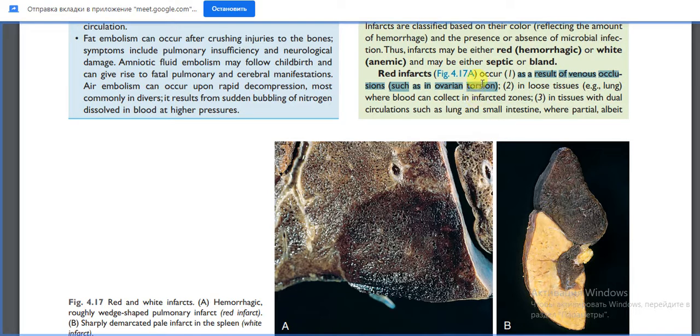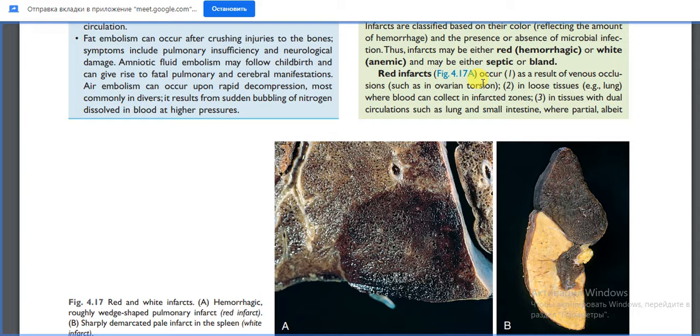Congestion causes decreased outflow of blood from this area and increased accumulation of blood, which, as you remember, causes ischemia. Because a large amount of blood is collected in one area, red infarctions are usually chronic. They require more time,